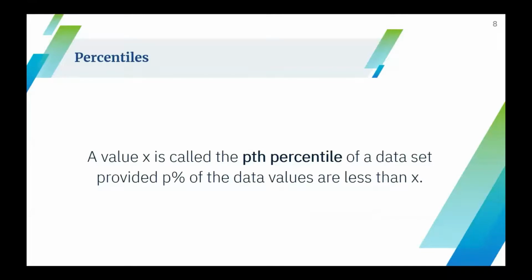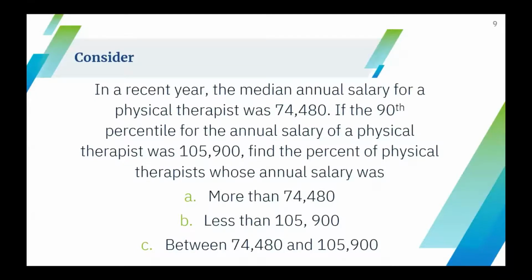Most standard examinations provide scores in terms of percentile, which is defined as follows. A value x is called the p-th percentile of a data set if p% of the data values are less than x. For example, in a recent year, the median annual salary for a physical therapist was 74,480. If the 90th percentile for the annual salary of a physical therapist was